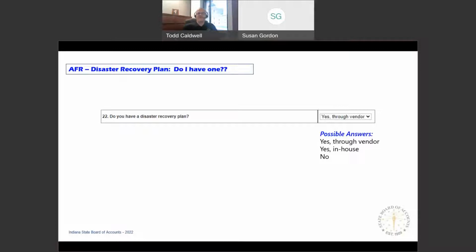If you happen to have something else in mind, an in-house process for backing up or having offsite storage, click the middle response there. For example, if you have written hand-posted records, your ledger, you write your ledger out, your transactions. What are you going to do if that's destroyed in a fire or if a flood comes and you can't use those paper records anymore? You need to have some kind of a plan involved, and so that would be more of an in-house type of process. And then if you don't have any plan, don't be afraid to click no.